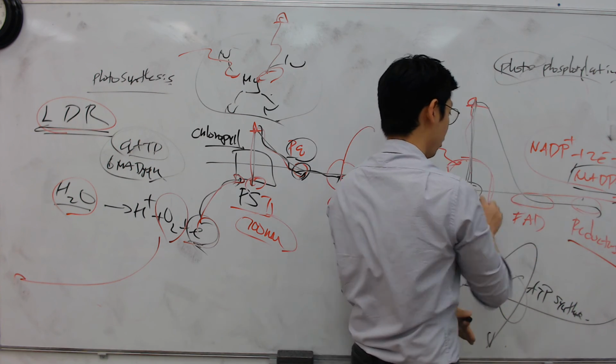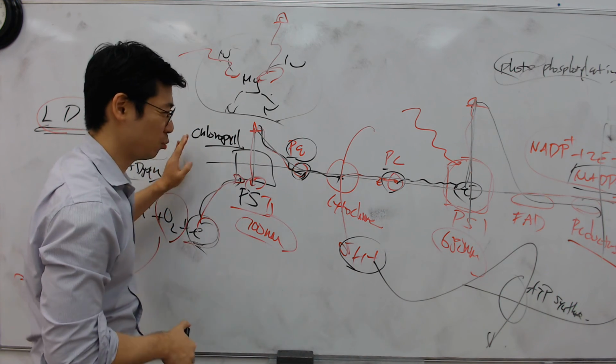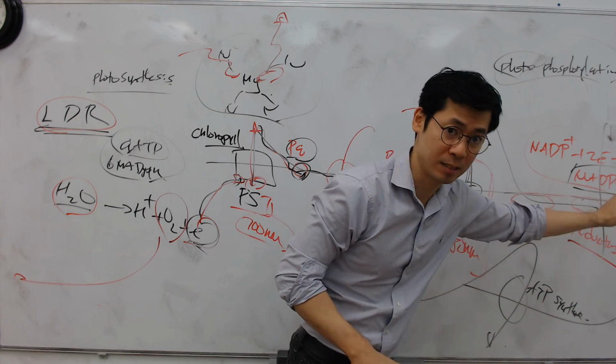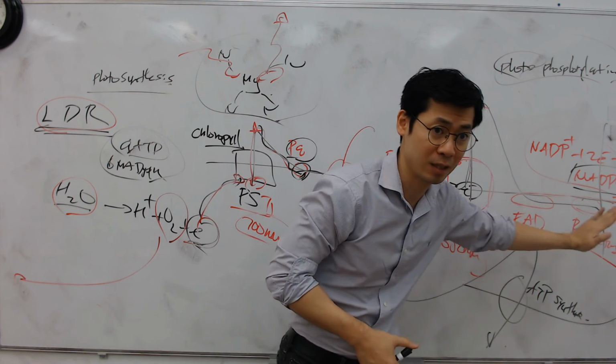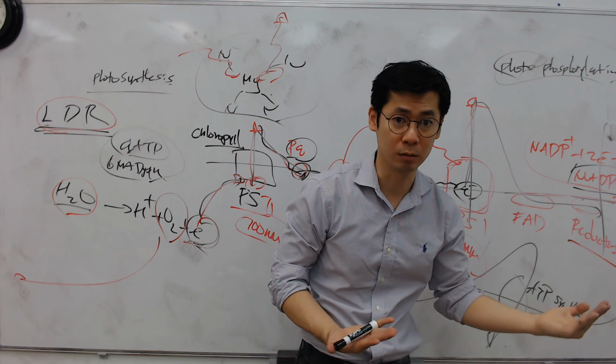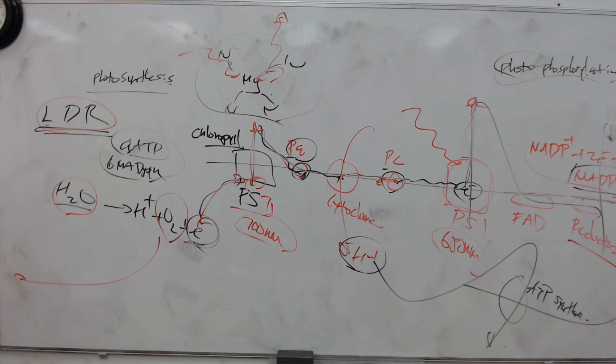So from here on, pumping is over. You probably want to listen carefully. This is what they call the non-cyclic electron transport chain, because there's no cycle, just one way. But now, this process is a little bit more sophisticated. They need more ATP. I'll explain why. A lot of times ATP is short-handed. Water is available, but ATP is so hard to get. What do I do, guys?